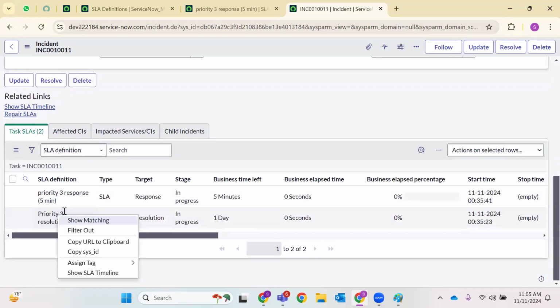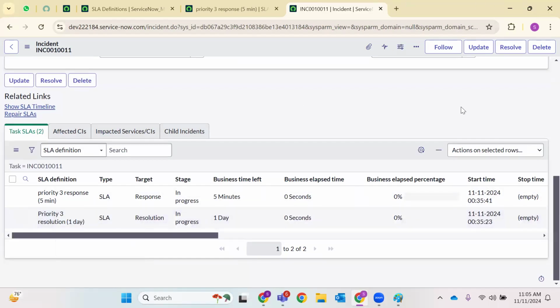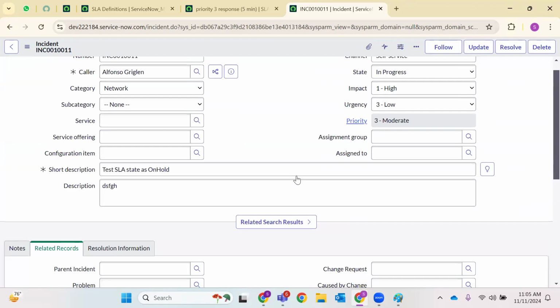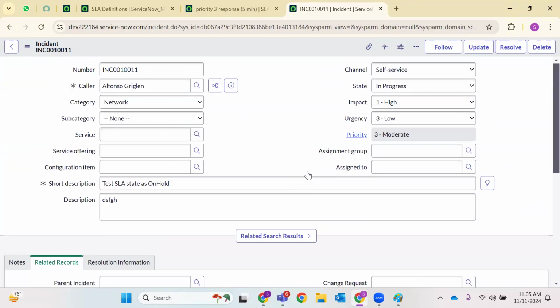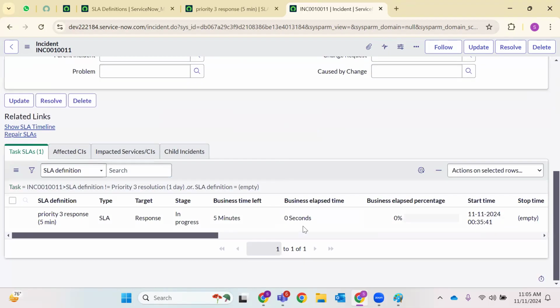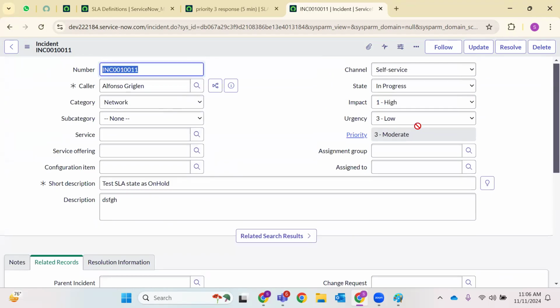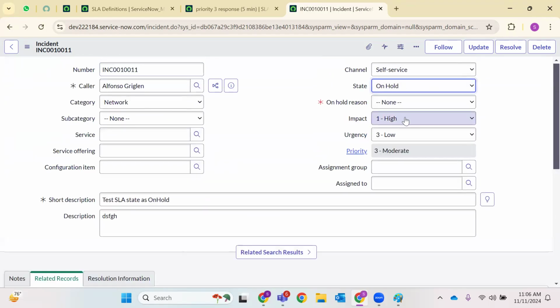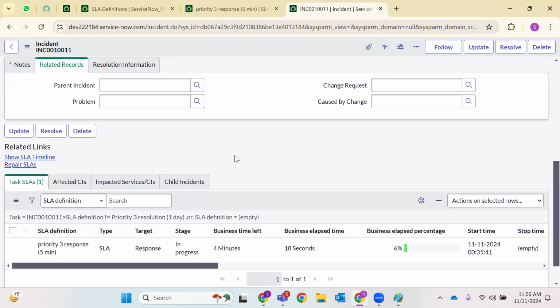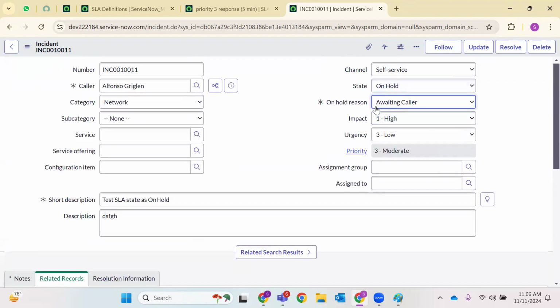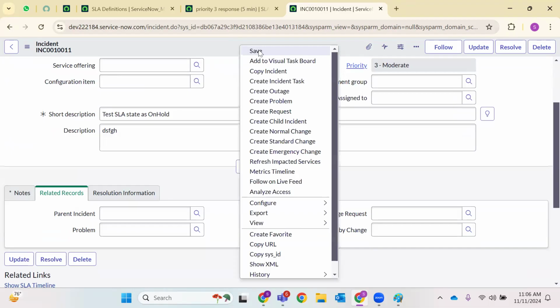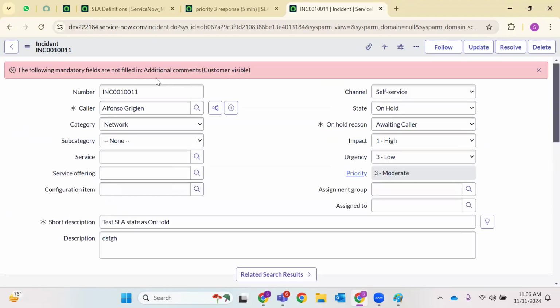See? Now I want to pause it. What should I do? You can see it was 0 seconds, but if I reload it, it would be around 30-40 seconds. 18 seconds. Okay. On hold. You can select any reason. Whenever you set the on hold to awaiting caller, even if I try to save, the system generates this